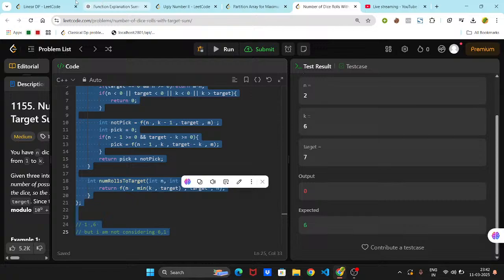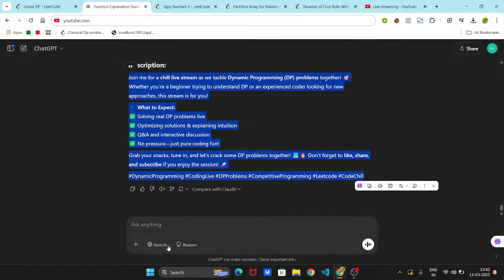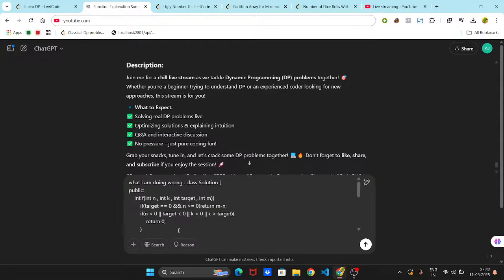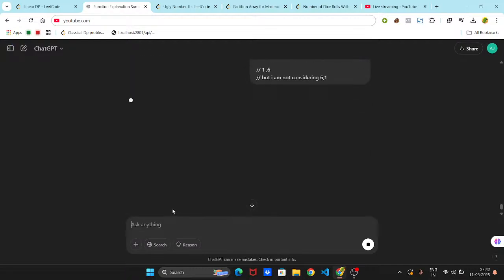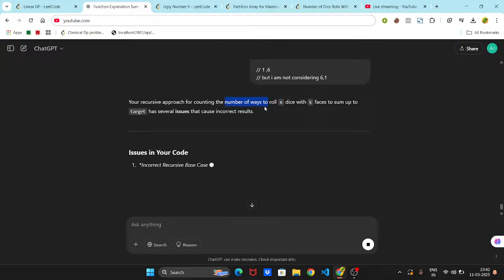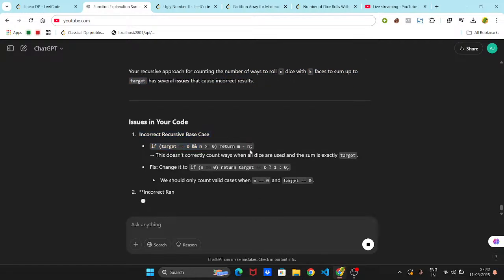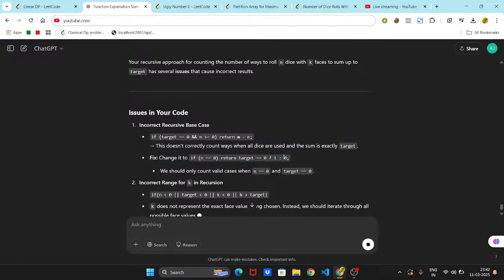It's time for the help. I think I need to look at the GPT and ask it what I am doing wrong. These are some targets that cause incorrect recursion, ठीक है. As soon as मेरा n becomes 0, return target is equal to 0, या फिर